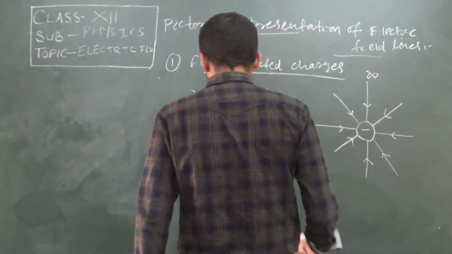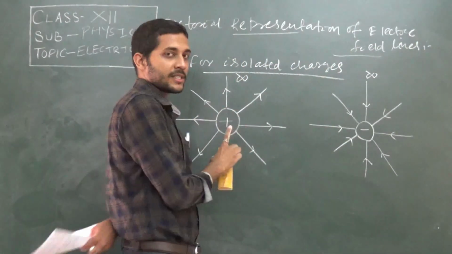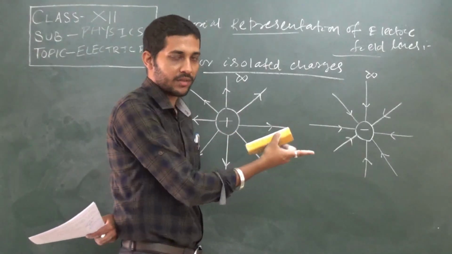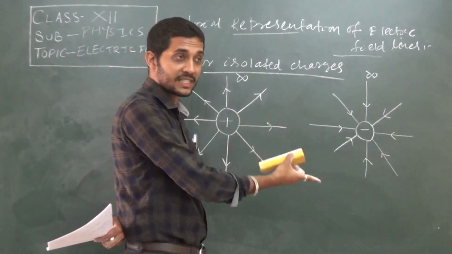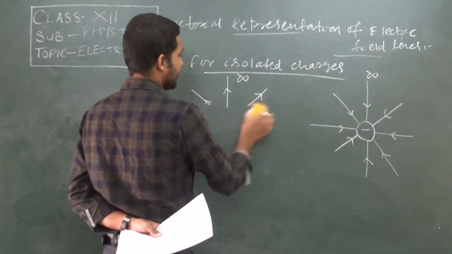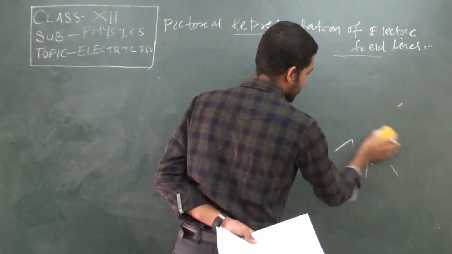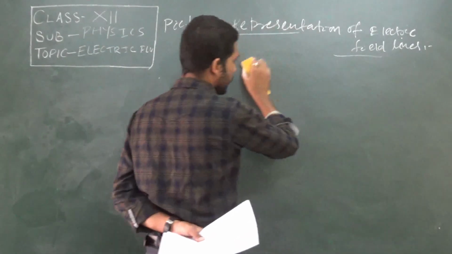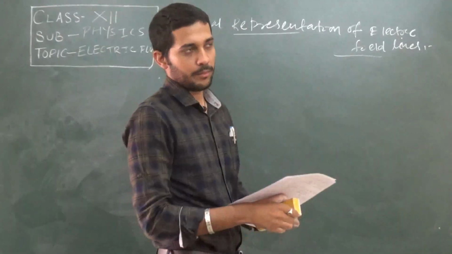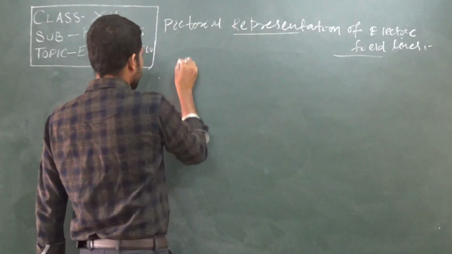Now we will go for the pair of charges. So two cases will come. One will be a pair of charges of similar nature. One will be a pair of charges of dissimilar nature. In case of dissimilar nature, what will happen? They will start to attract each other. That means the lines of force emerging from positive will be attracted by the negative one. But in case of similar charges, they will repel each other. So second one we can write